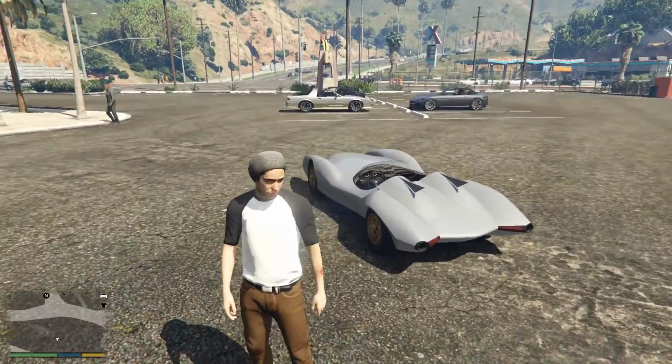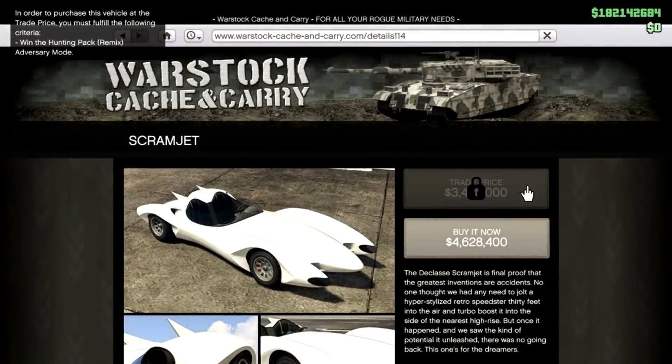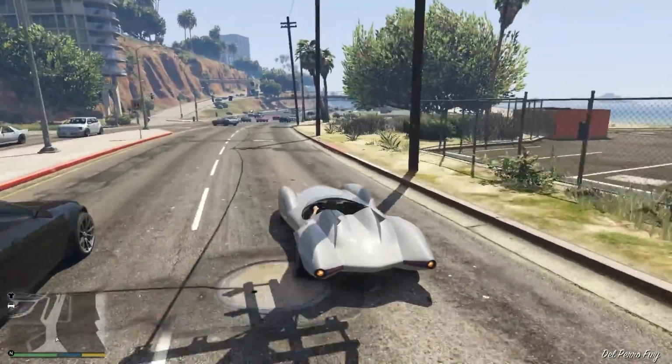Now, once released and available to purchase, the Scramjet will be listed on the Warstock Cash and Carry website with two prices, a buy it now price and a trade price. The buy it now price is set at $4,628,400, so it's an expensive vehicle, but as for the trade price, it is set at